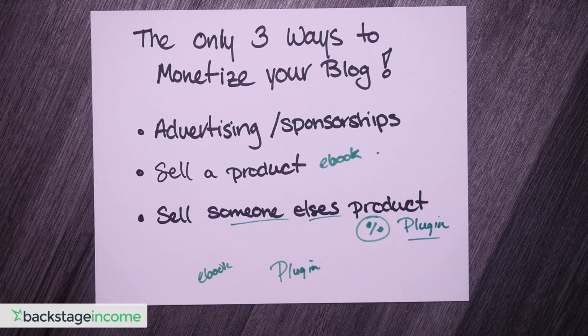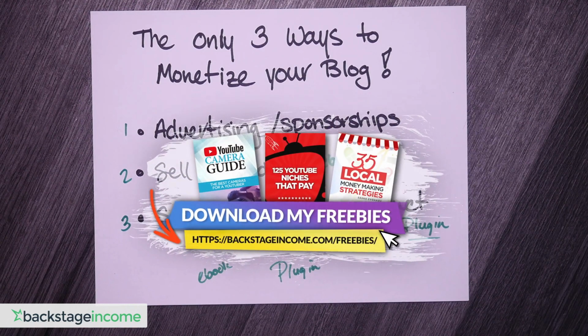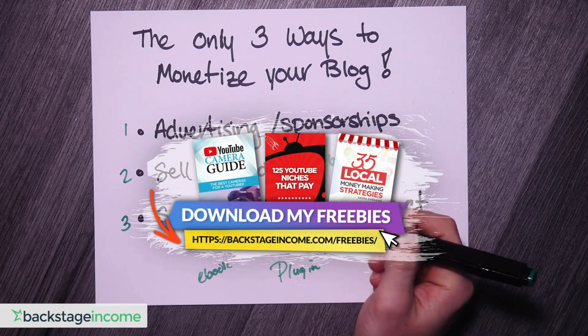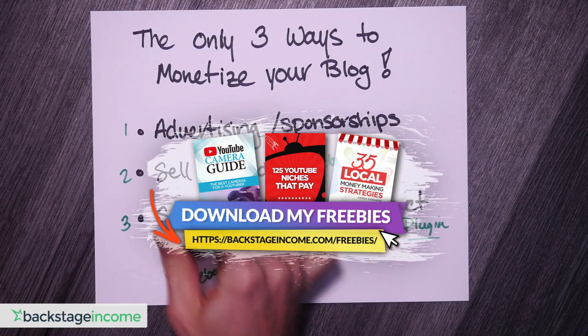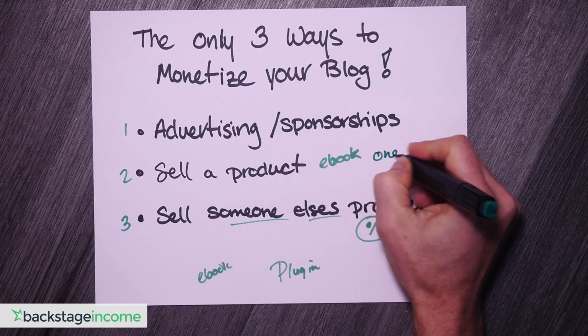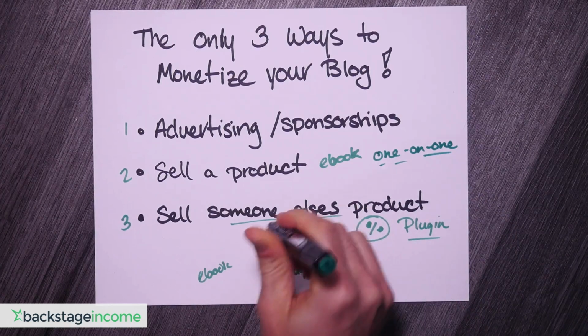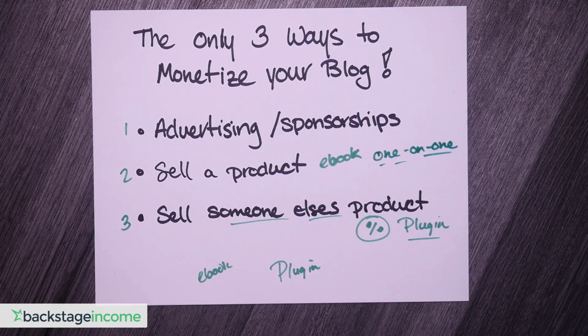So that's what's really happening. If you're looking for a way to monetize your blog and make money, it's really only these 3 ways: 1, 2, and 3. And everything else stems in between or in these sections. So no matter what you're doing, you're going to be in one of these sections. And that's really the way that money is made online. So don't overcomplicate it. If you're doing, let's say, one-on-one coaching, well, that's one-on-one, that's yours. But if you're selling someone else's, then you're getting an affiliate cut, so it goes to someone else's. So it all fits into these 3 sections.